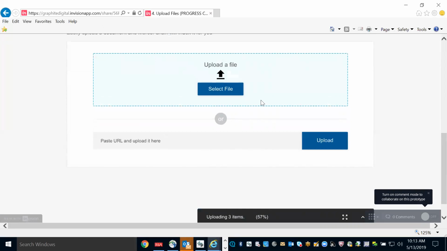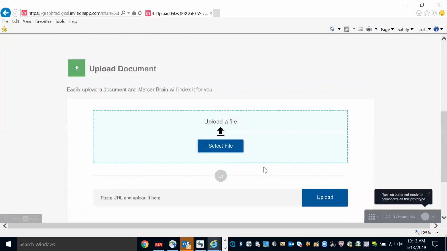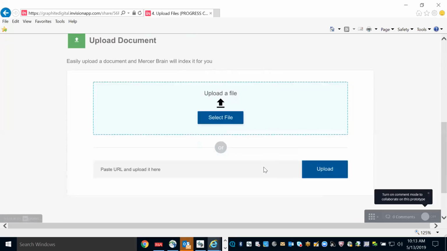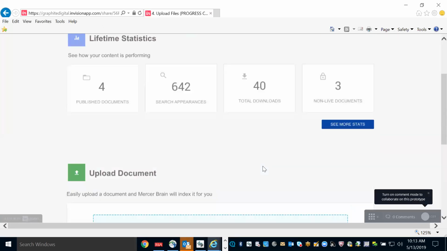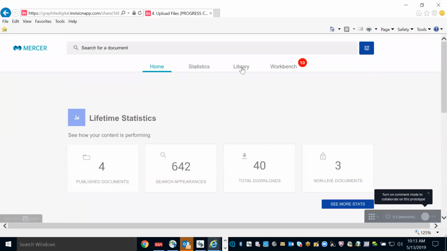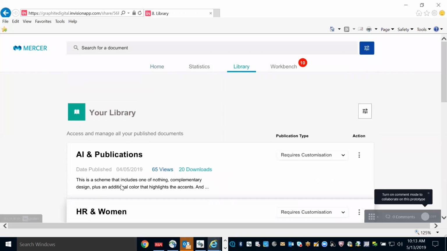Where would you go next? Do you think that your article has been published at this point, or would you need to go somewhere else? What's your thought process? So right now, my document's been put into the library. I know that it's there. And I'd want to see my article in here. So I say, okay, I did upload it into the library. And now I know I need to get into this workbench to make sure that my titles and all of that stuff and my summary is right. I kind of want to get to there from here.